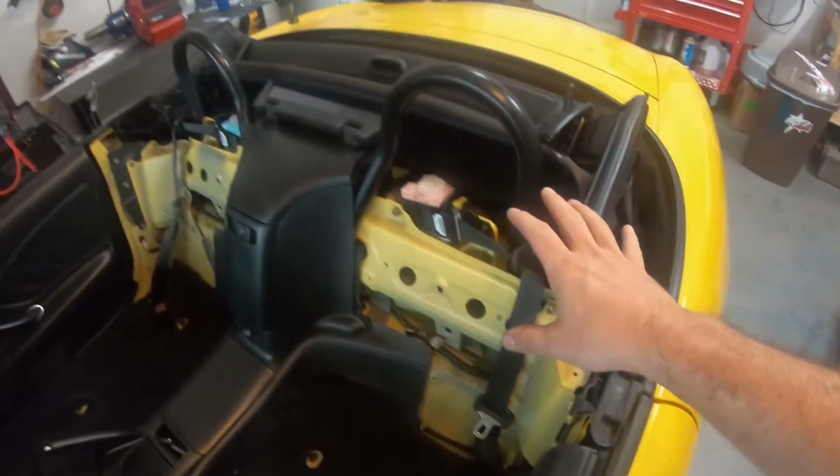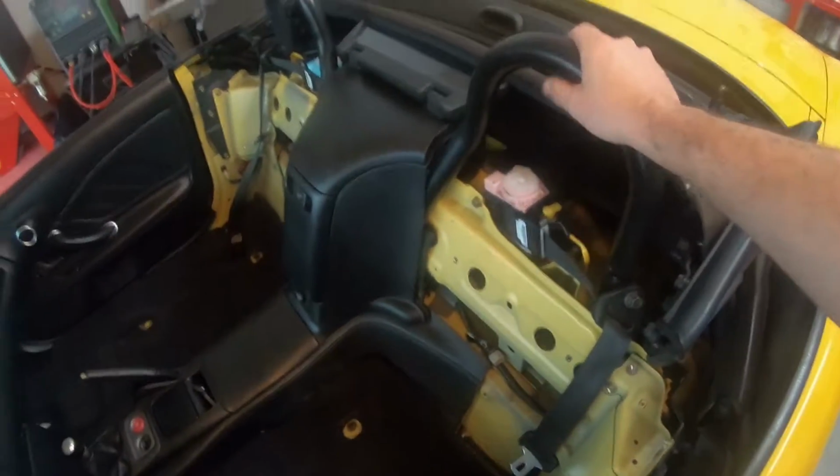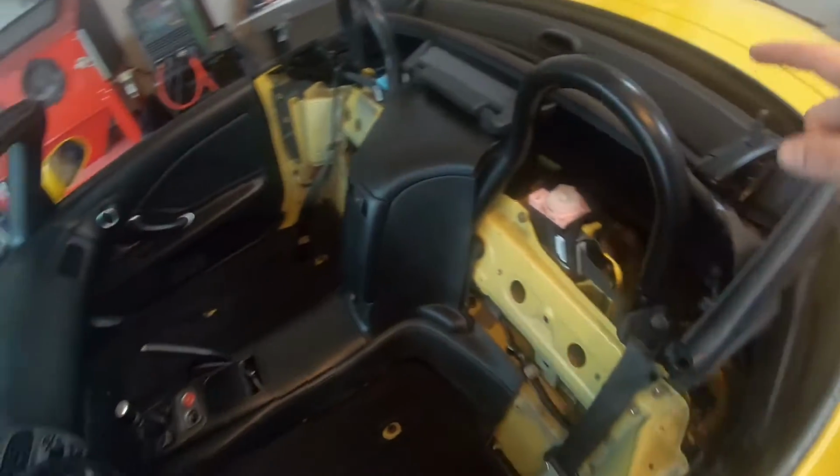I did not remove any of this rear interior. I have all of it. I did not remove it. I've read stuff about putting the plastic back over the roll bar. Different story. So now what I'm gonna do is just put the top up, and we're gonna start by just